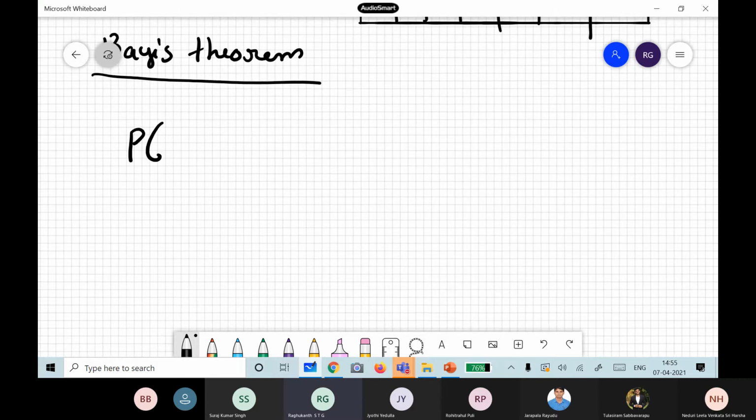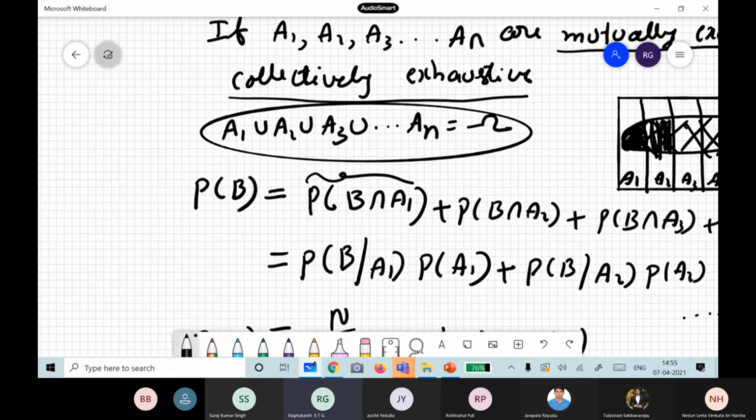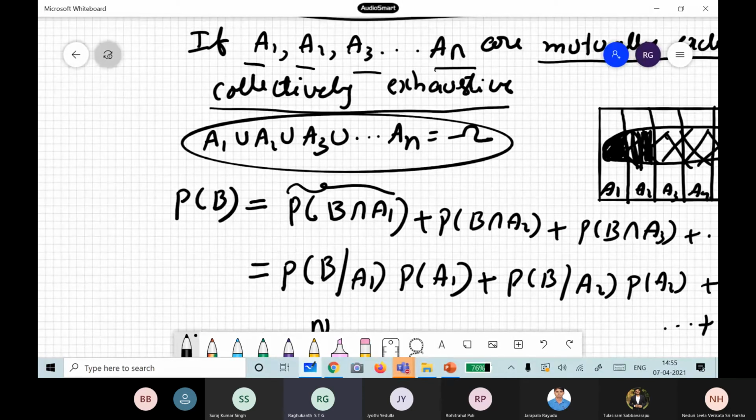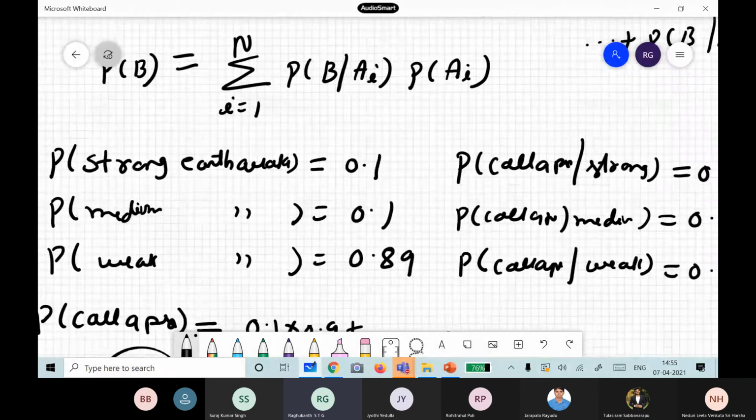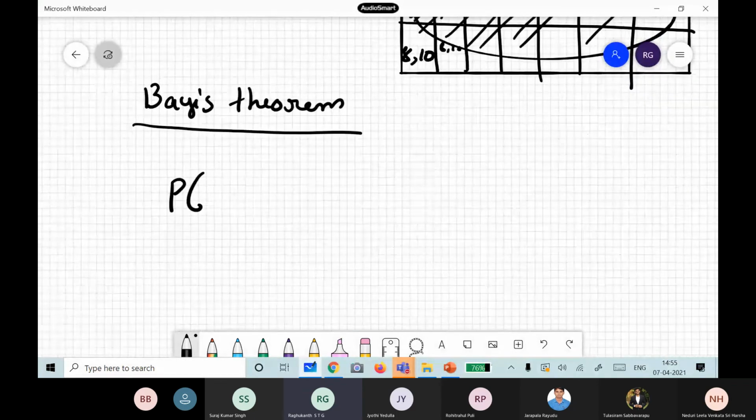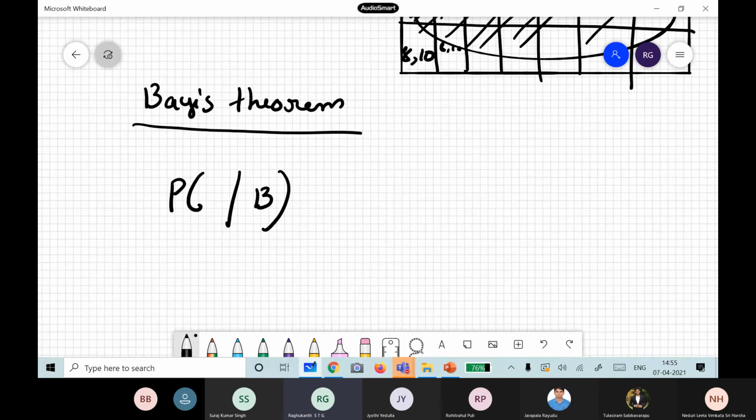So here what we do is, see, in the total probability theorem, we have been given A1, A2, A3, A4, all these events. Now you are calculating probability of event B. So this you are calculating from the total probability theorem. Now this Bayes theorem is inverse actually. So here what we do is, the event B has occurred. You followed it. The event B has occurred. Now we would like to find out what is the contribution of these individual, mutually exclusive events itself. So given that B has already occurred, say, what is the probability that it has most come from A1, A2, A3, like that. You see, we try to do this one.